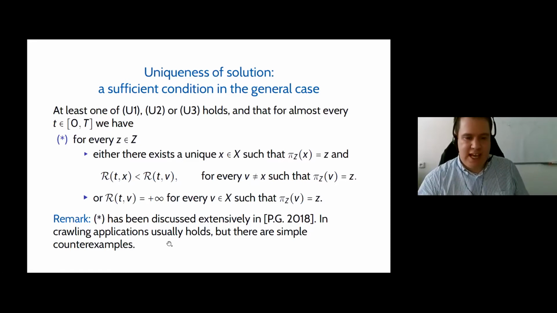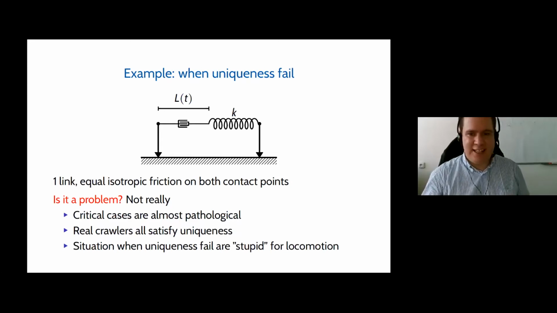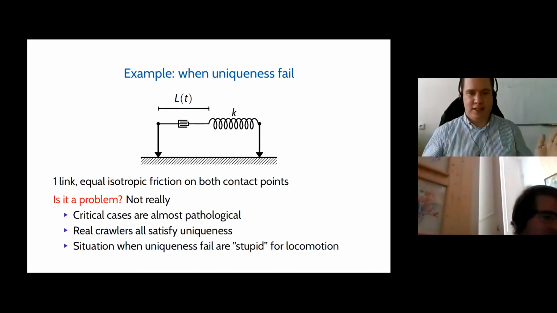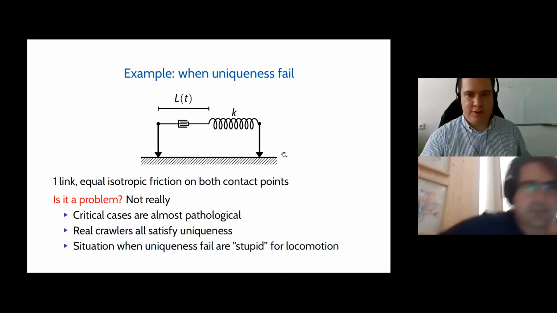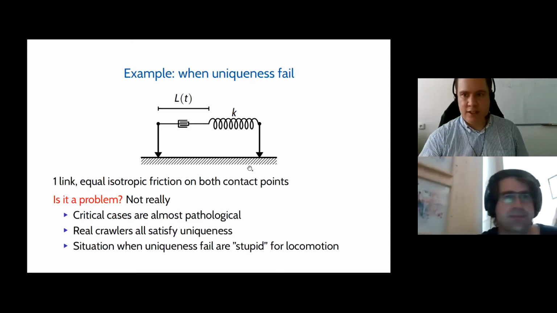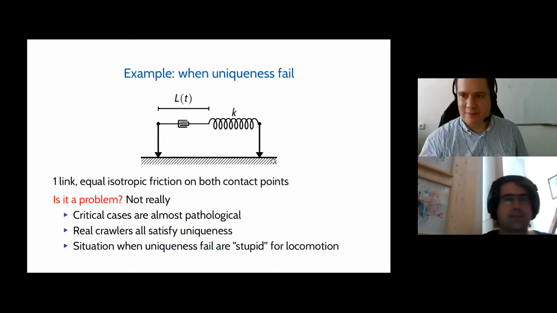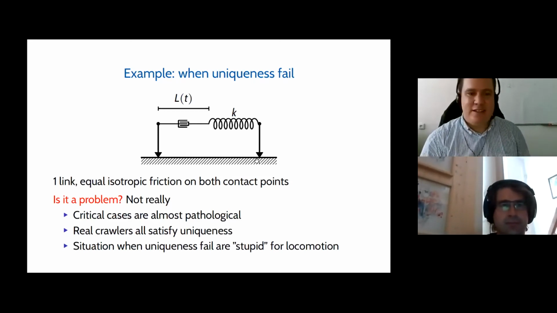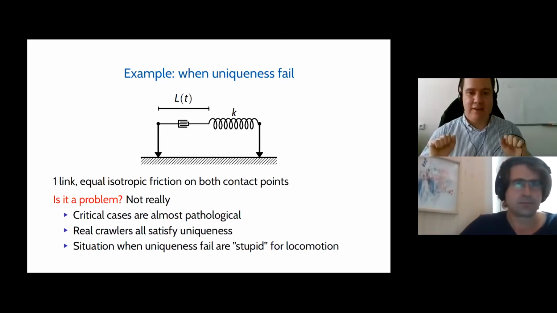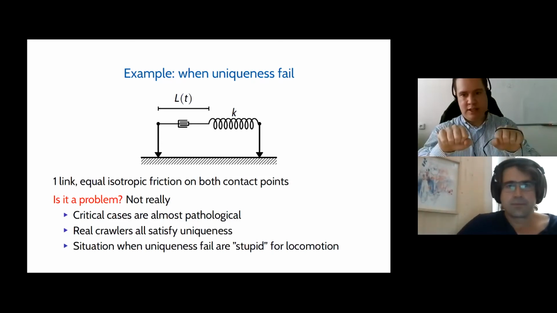Does it work? Yes, it usually works for concrete applications. For applications in infinite dimension, it is probably even easier. There are simple counterexamples, again very simple. You consider a system with two blocks or two contact points, just expanding or contracting. If you recall, the crawlers can do several things, like friction anisotropy or controlled friction. I'm almost finished. Last slide. If you have isotropic and constant friction, you have a multiplicity of solutions. You can see either one block move or the other block move.